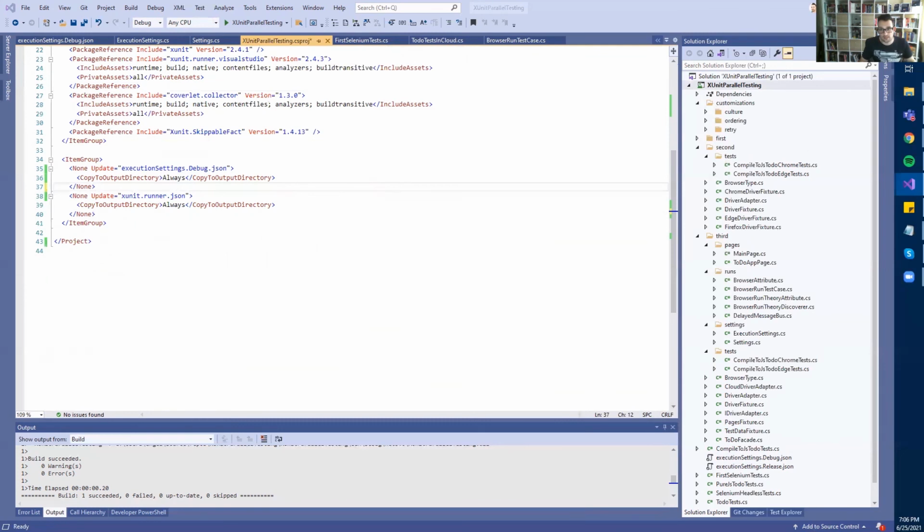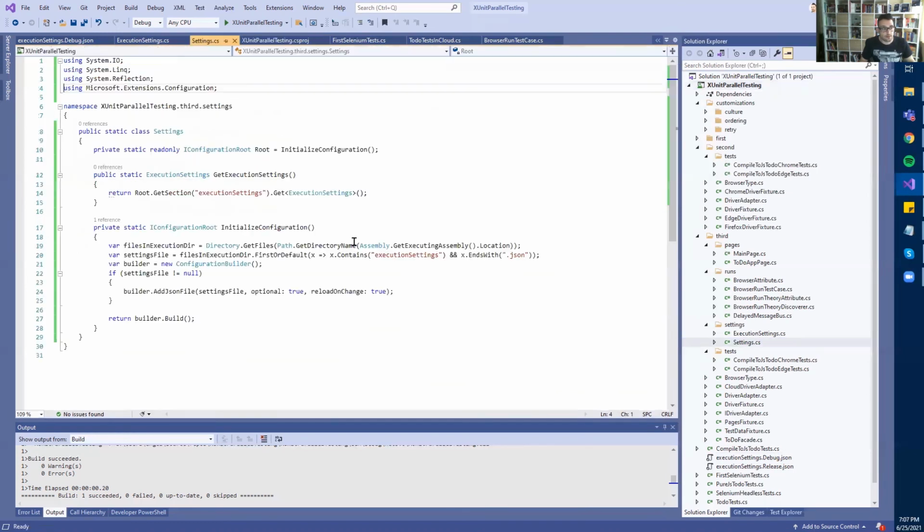And in MS Build, we have a variable called configuration that is equal to the one that we set. And we get the variables through this $ sign. In this way, we'll just copy the right one. And as I said, in our settings file, we're getting only the first one, which will be debug or release. And now,